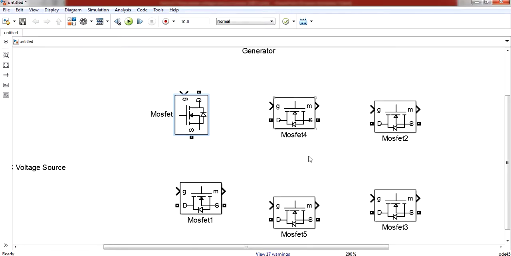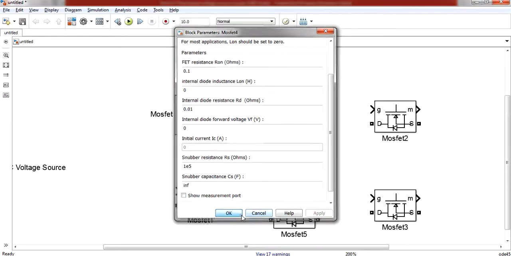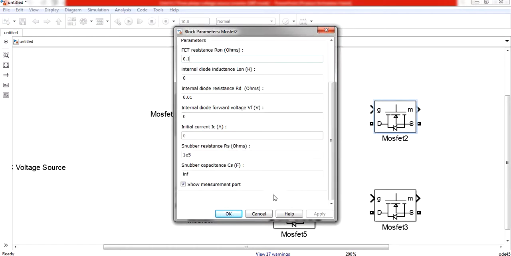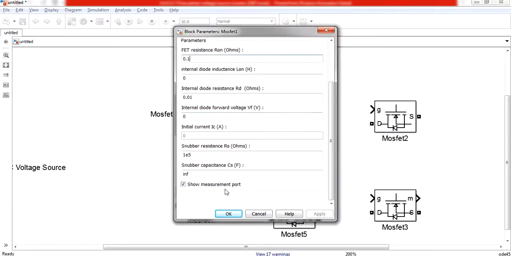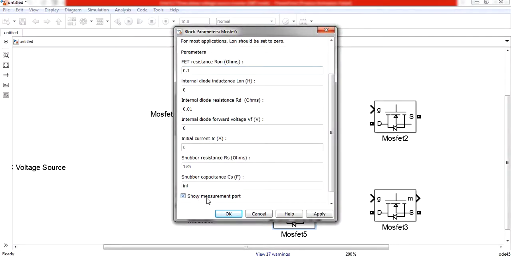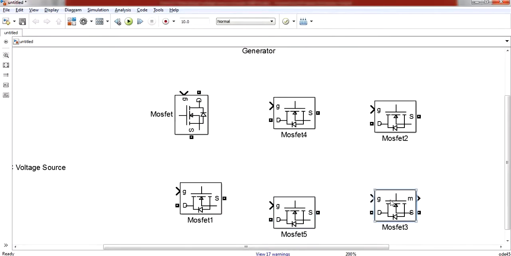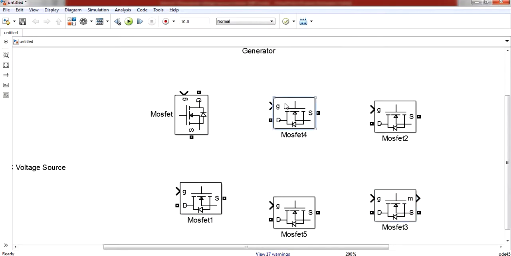The rest of the 5 MOSFETs you can turn off. So let us turn off all the measurement ports first, because we don't need them. To reduce the confusion you can always hide the measurement port. We will keep the measurement port for the last MOSFET.